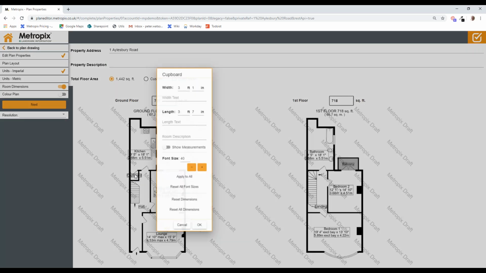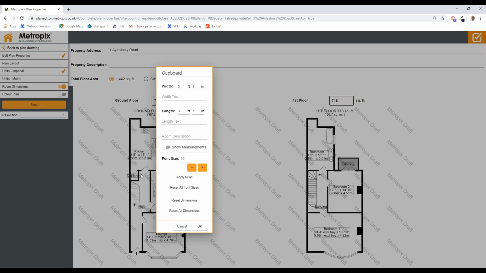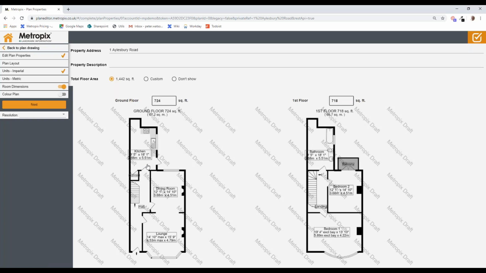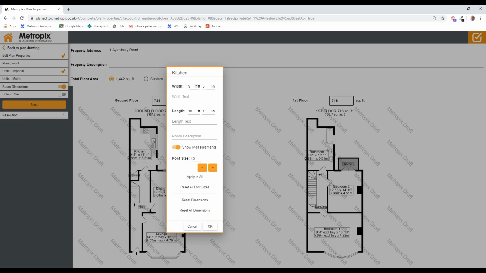The word cupboard seems too big, so again we can perhaps sort of reduce this font down a little bit, step back to where we were, but just play around with the floor plan just so it looks as you'd like it to be. Okay, so there we go. I'm pretty happy with that. There's our floor plan created. We're now ready to get the finished version and